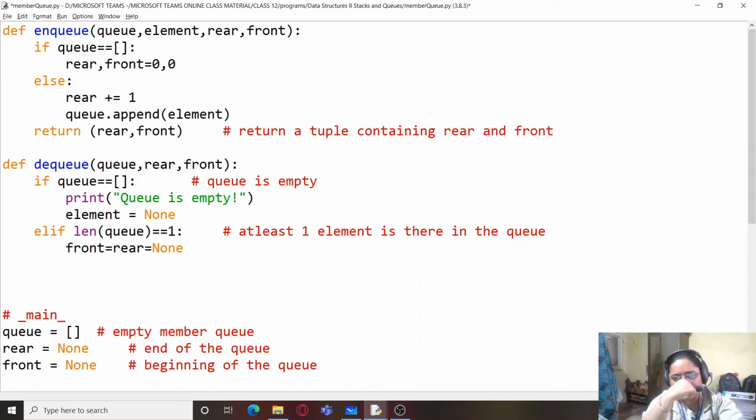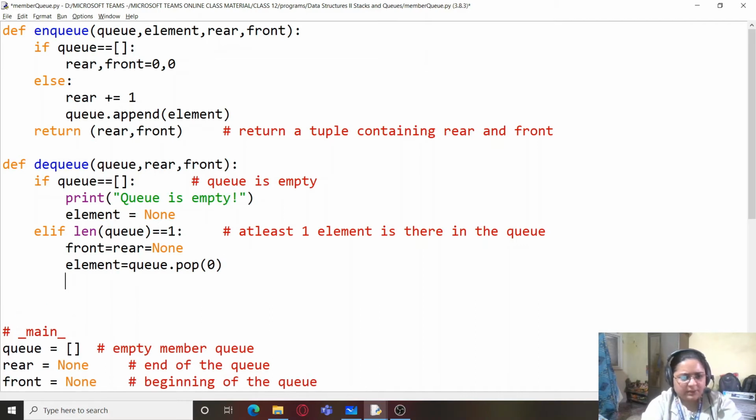So both front and rear will have none in it, and we will be first taking up element. So element equals q dot pop. Now pop from where? Anything which is at the beginning. We have to pop elements only from the beginning of the list. So we will be writing 0 over here. The element which is right in the beginning will be popped.